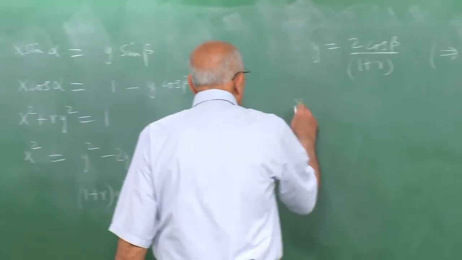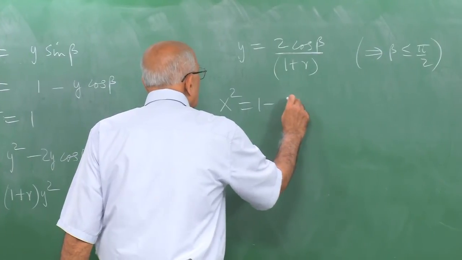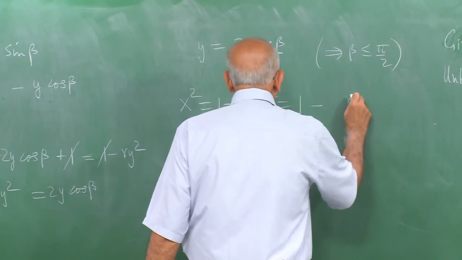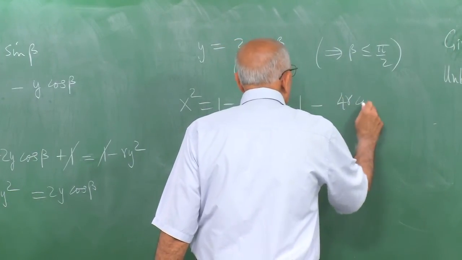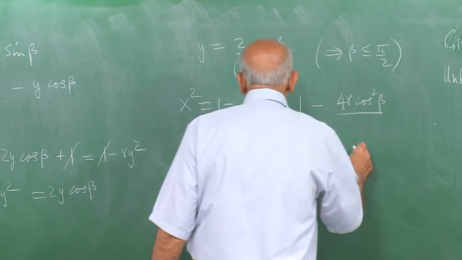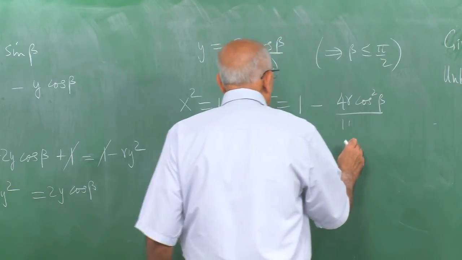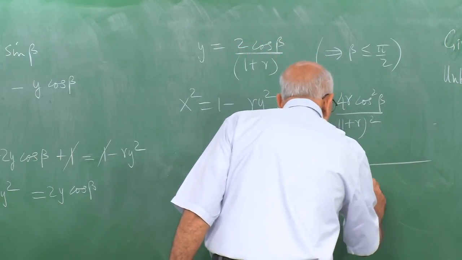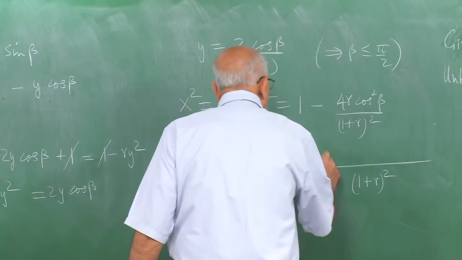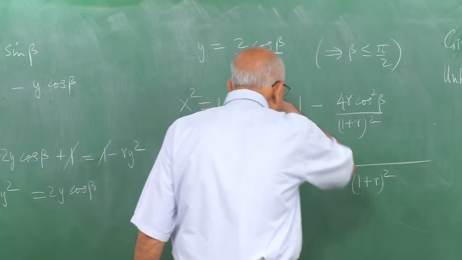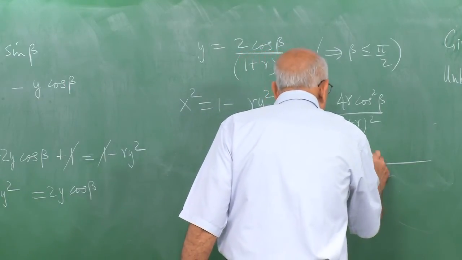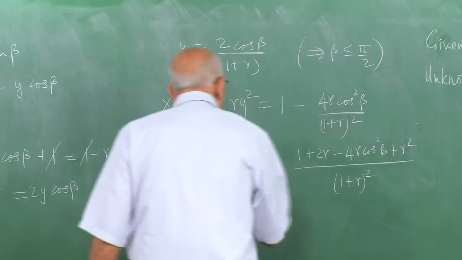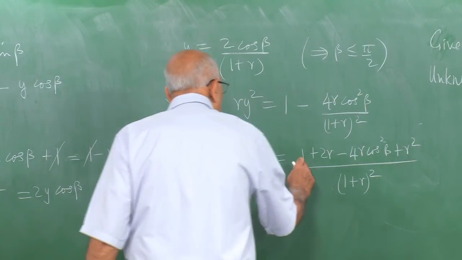So it says x squared equal to 1 minus r times y squared, which is equal to 1 minus r times y squared, which is 4 cos squared beta divided by 1 plus r the whole squared, which is equal to 1 plus r the whole squared multiplied by 1 plus 2r minus 4r cos squared beta plus r squared, and therefore x is equal to the square root of this whole thing,